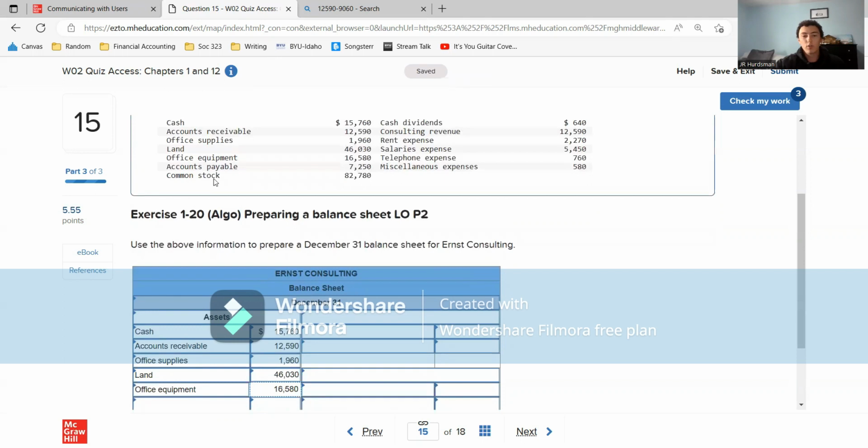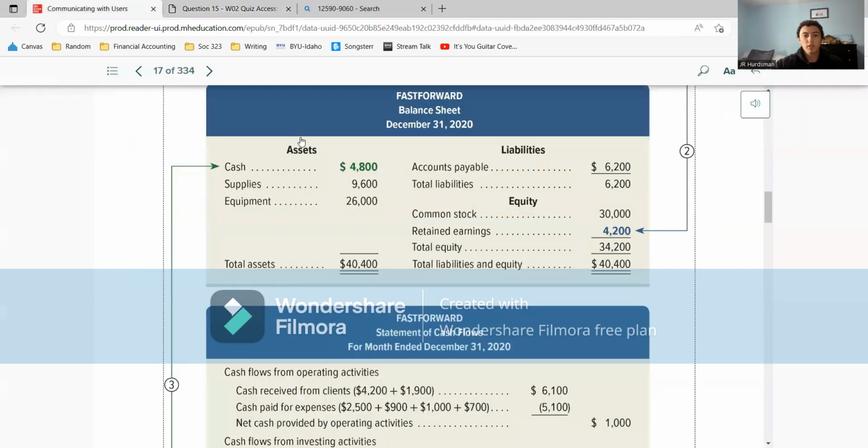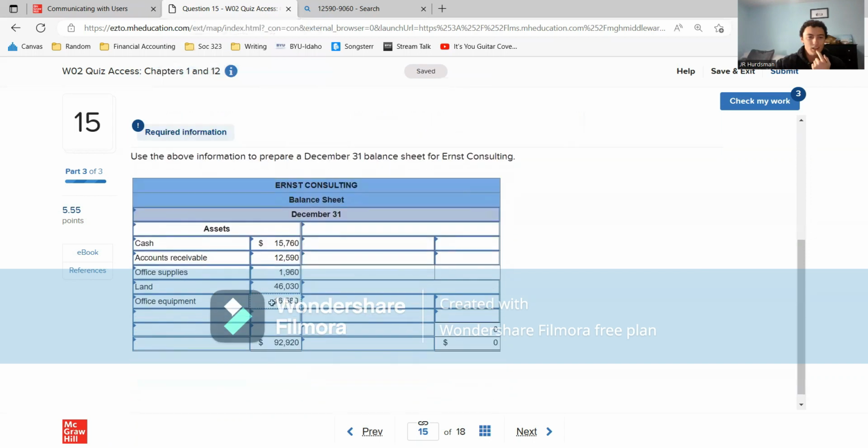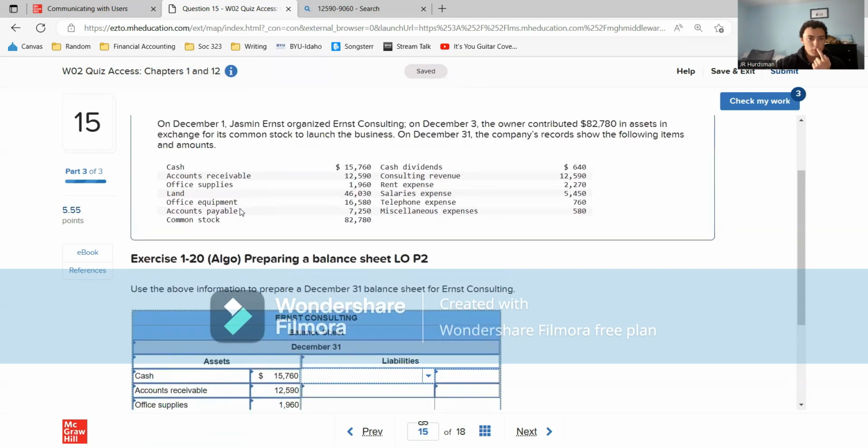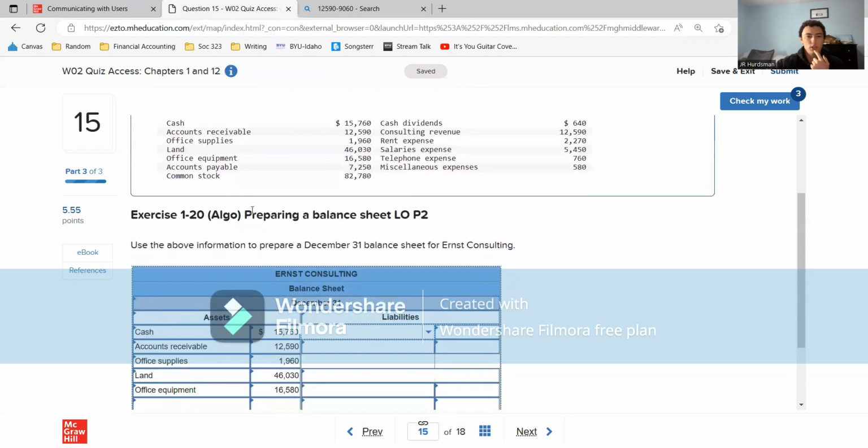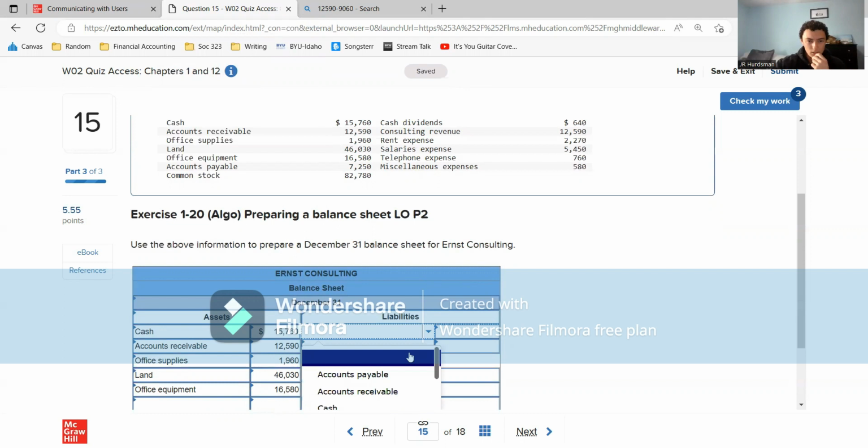So now we just need to look for, let's look back over here. We did our assets. Good. Now we just need to find our liabilities and equity. So liabilities are basically just the things that we owe other people. So if we go up here, pretty much the only thing that I see is just accounts payable. It's like, because you got to pay it to someone else. So not really yours. So right there at the top,